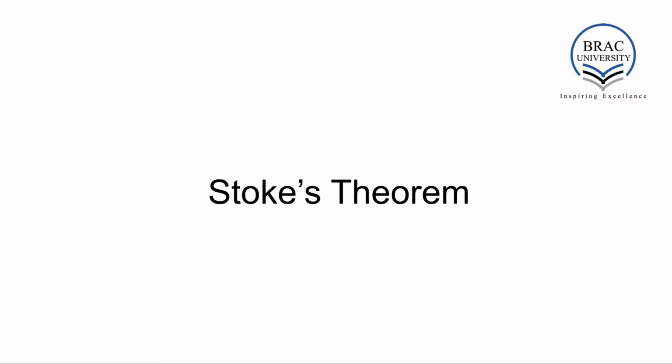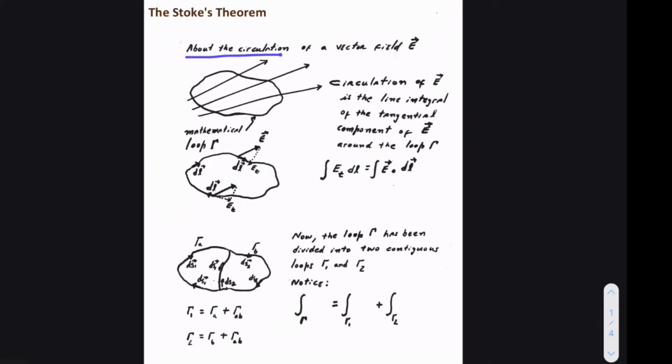Now let's see what Stokes' theorem in vector calculus tells us. Stokes' theorem is about the circulation of a vector field. Let's say we have a vector field like this and we want to find out its circulation around this mathematical loop. Now this circulation is defined as the line integral of the tangential component of the vector field E around